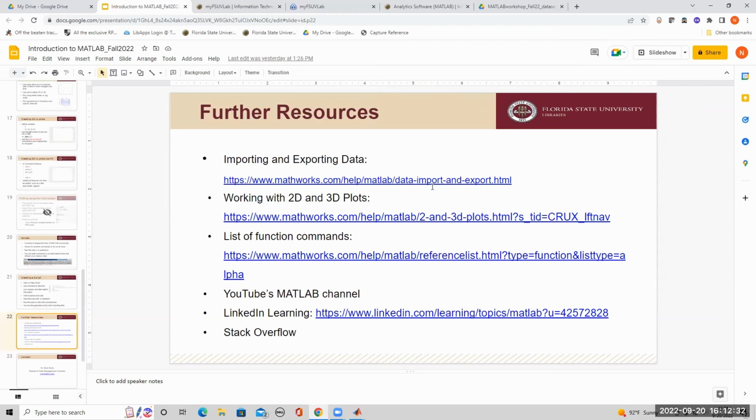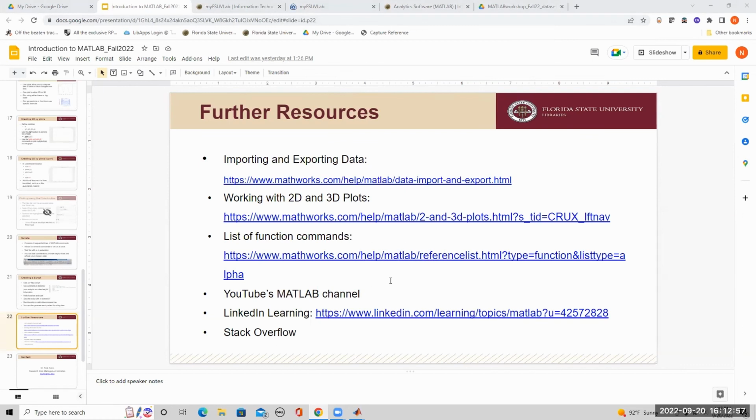There are documents on how to import and export data, a little bit more details on things we talked about today. There's a list of different function commands that MATLAB offers. So there's hundreds of different functions for different scenarios. So if you want to see what all of those are, what they all mean, there is a listing here